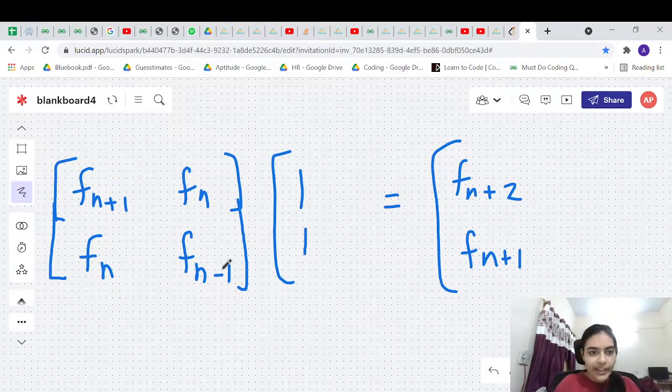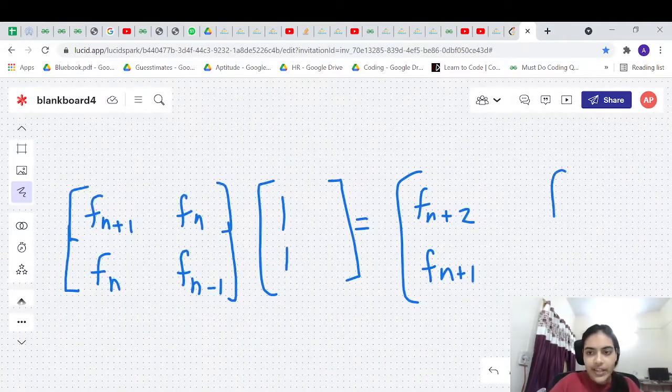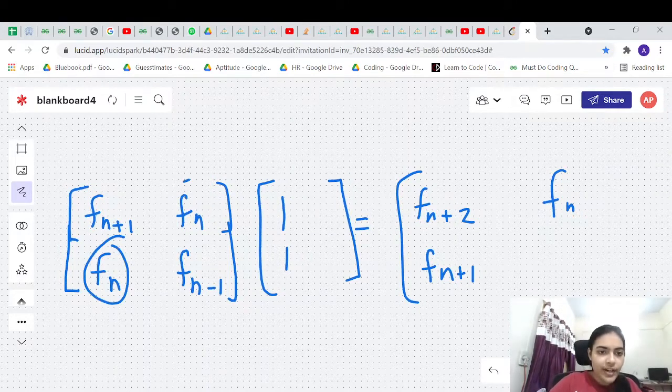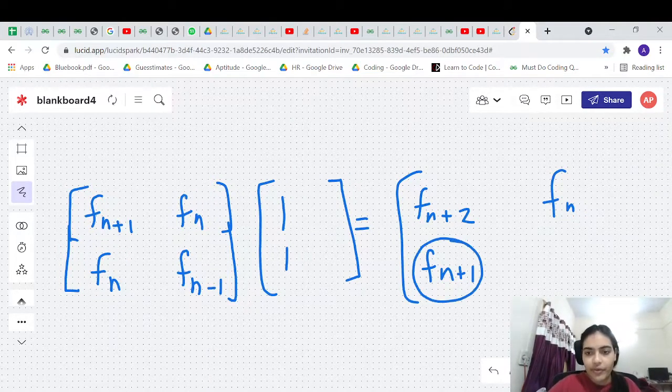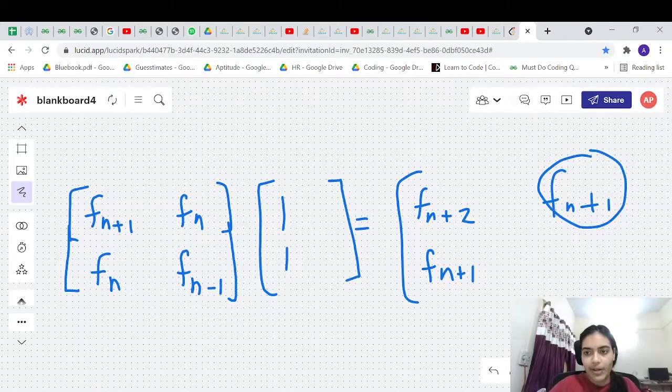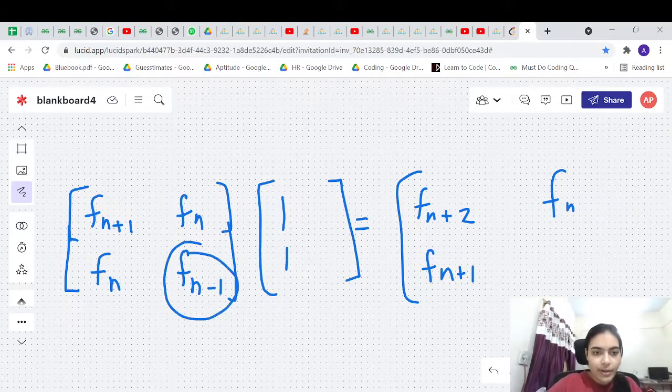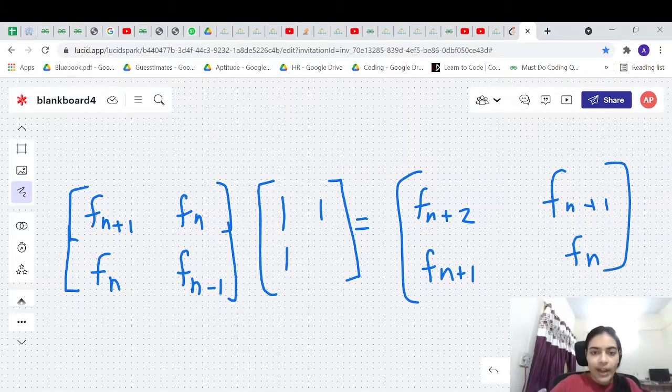And now for completing the matrix, if I want to find the next matrix, which is similar in size to the input matrix, to complete the term, what will I do? See, here we have f of n, here also we have f of n. Here we have f of n plus 1, here also I'll take f of n plus 1. Here we have f of n minus 1, which is the previous value, so here I'll take f of n. And here I will have to take 1 and 0, because that will give me the matrix.